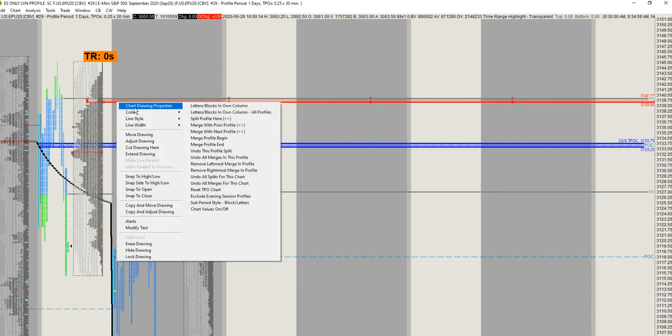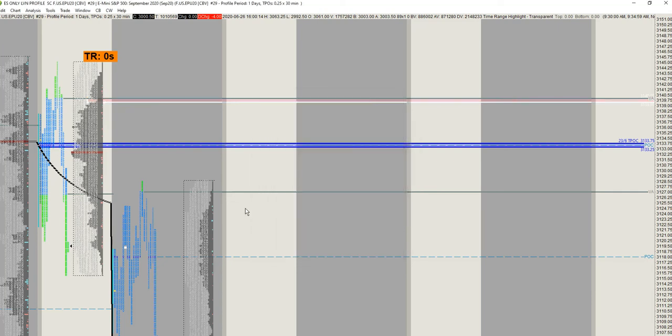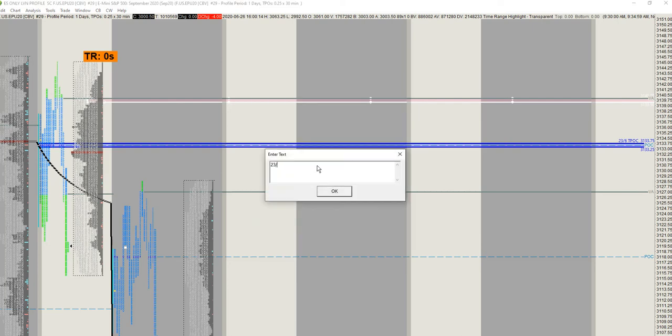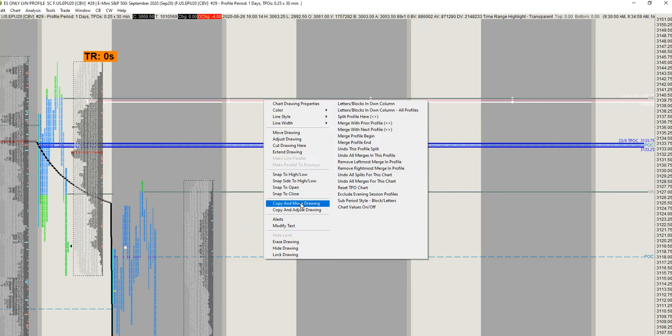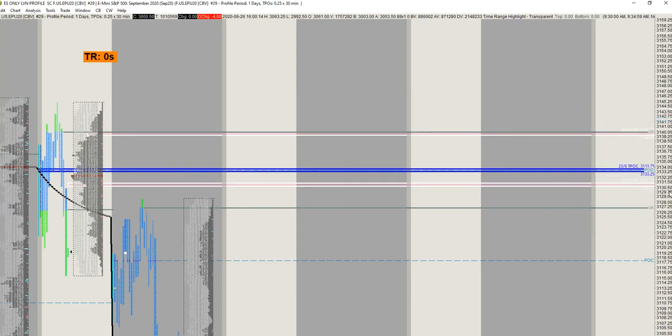Just to put that in perspective, a low volume node here, and you basically had a low volume node here. Market closed towards its lows. Where it closes towards its lows isn't all that important that day. However,